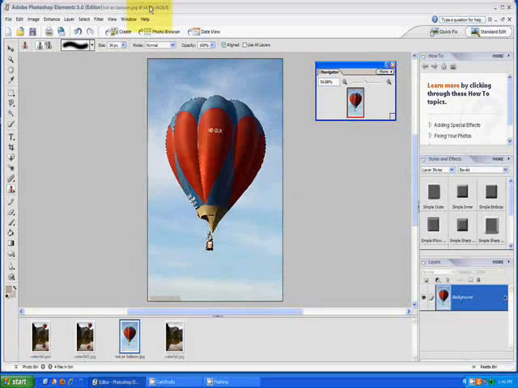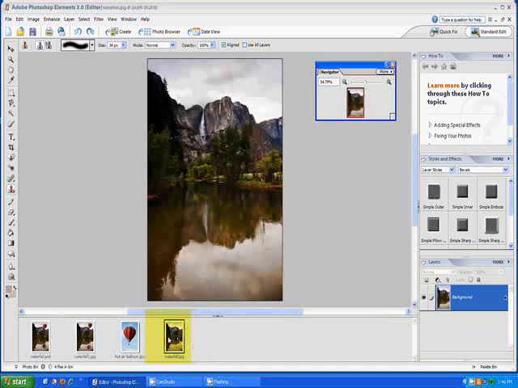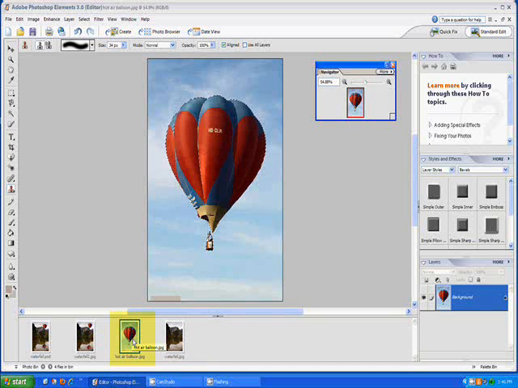Today we will be showing you how to make the reflection of an object in water using Adobe Photoshop Elements 3.0. I don't know if that matters or not. So what you do first is you take the selection of the object you want, and I'm using this hot